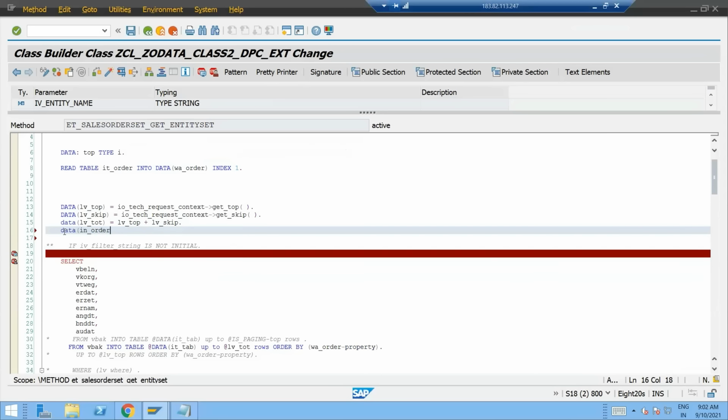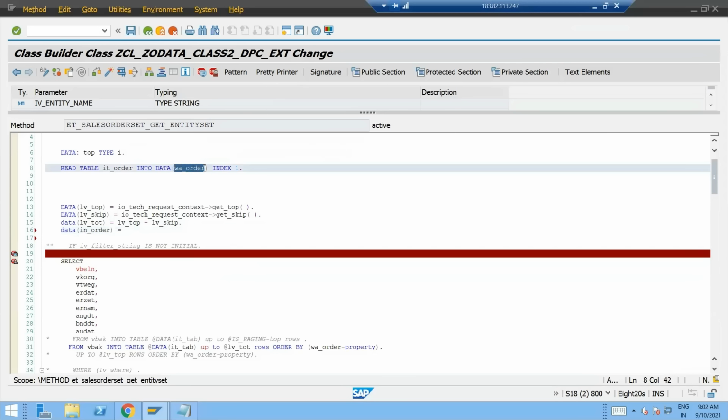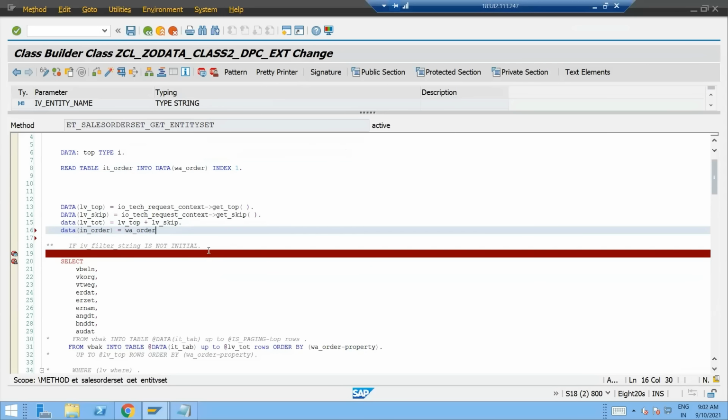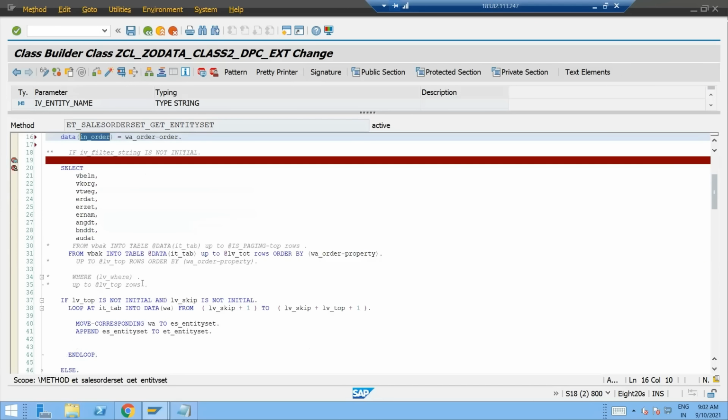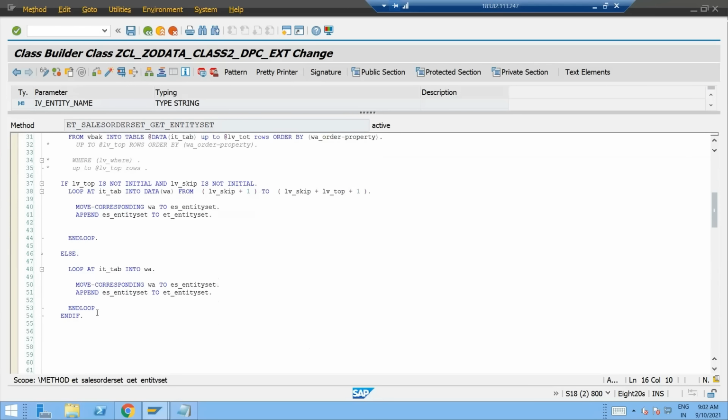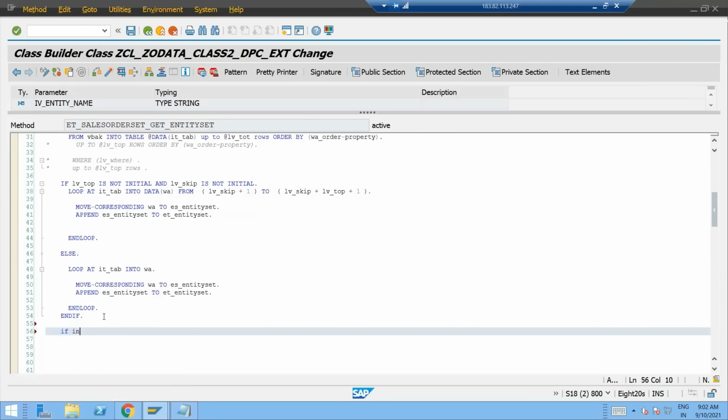In order equals to WA underscore order hyphen control space property and order. So in this order you would like to sort. So at last we can put it like, if in underscore order equals to